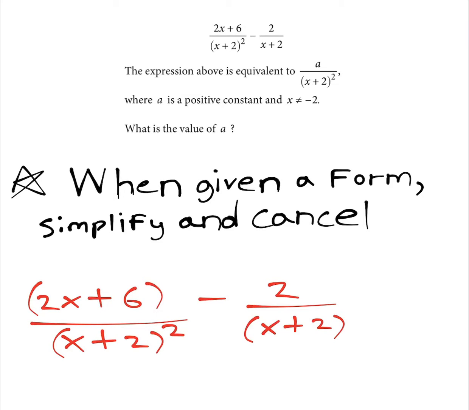Hi everyone, in this example we'll be looking at fraction expressions on the SAT Math section. This is question number 19 on the No Calc section from official practice test number 5. If we look at this question, it says 2x plus 6 over x plus 2 squared minus 2 over x